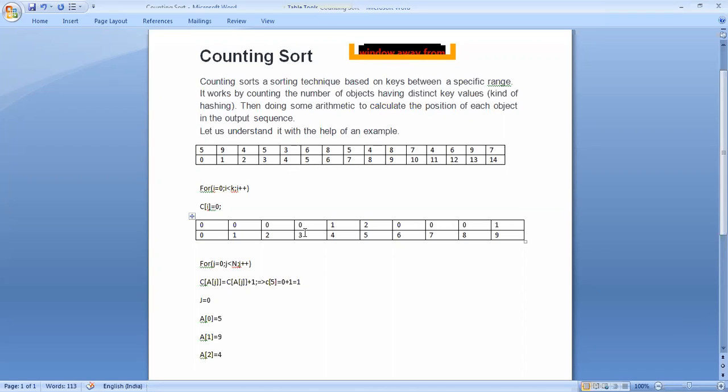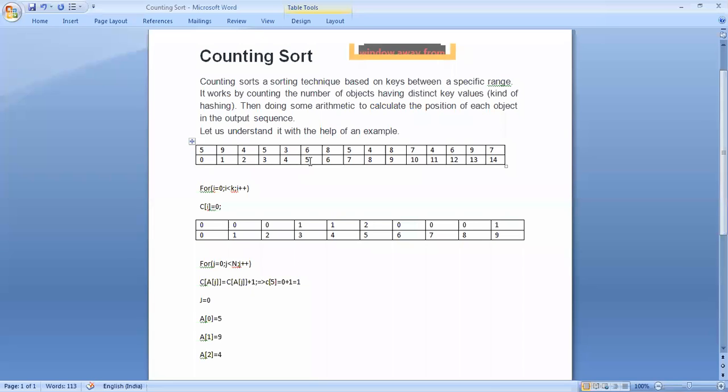So that means C3. C3 value, now we can increment here, that means now we can write here 1.